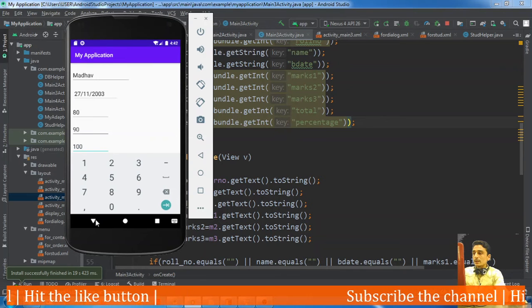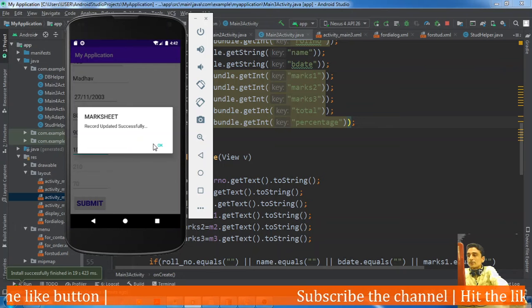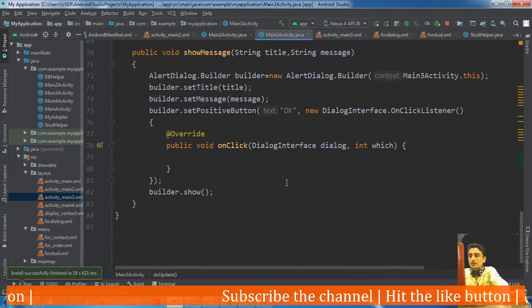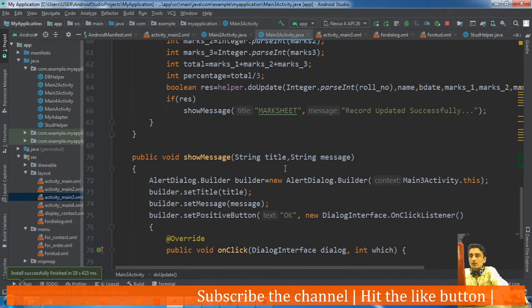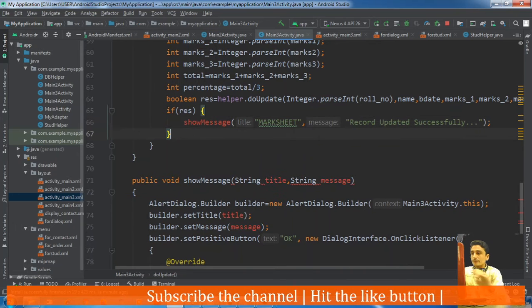Okay, and I click on the submit button. Record updated successfully, and the activity should be finished. Okay, if the record is successfully updated, here the activity should be finished.